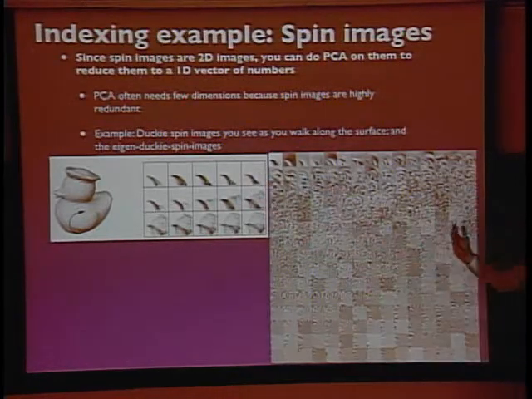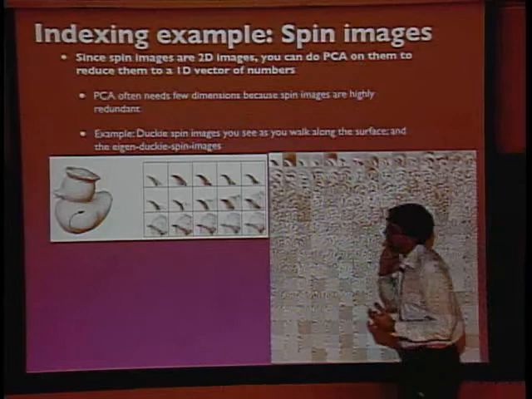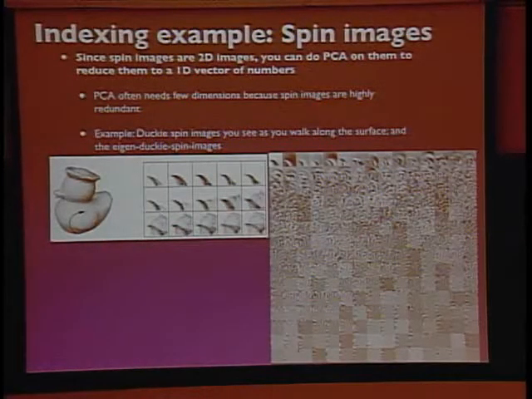And in fact, it should be prominent because the thing has a symmetry. So for every spin image you see over here on this side of the ducky, there's actually two of them, because there's one on the right side that is identical to it. And so if you do what you were worried about for homework assignment 1, which is determine how many of those eigenspin images you need to keep around, you can in fact reduce the dimensionality of your spin images by quite a lot, especially if you only have to keep around a few of those